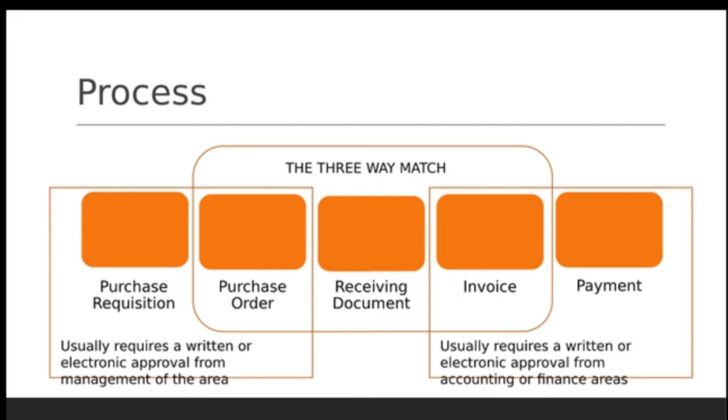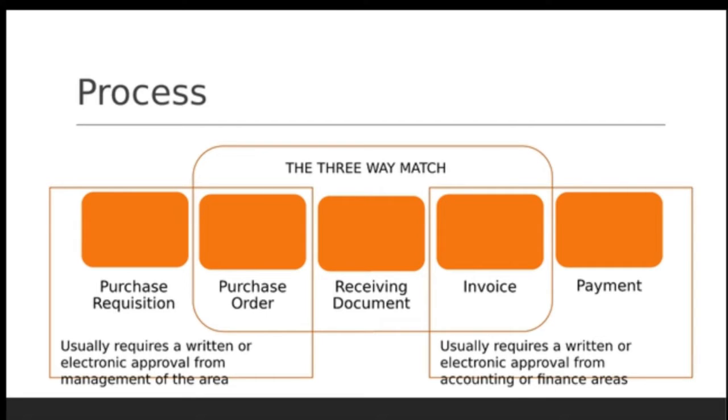Then when those goods come in, they're received and there'll be a receiving document related to that. And then the vendor will send an invoice. You'll get that invoice, and ultimately you'll pay that invoice as long as everything has matched. And that's what this three-way match circle here means, that usually there's three pieces that will allow a payment